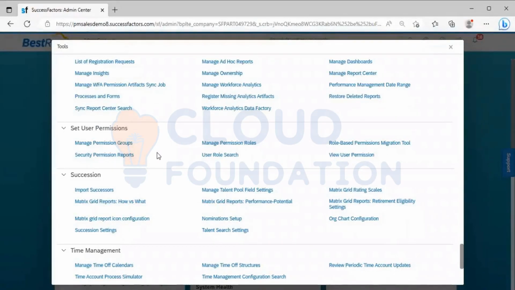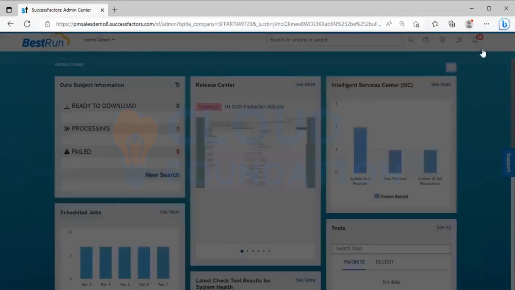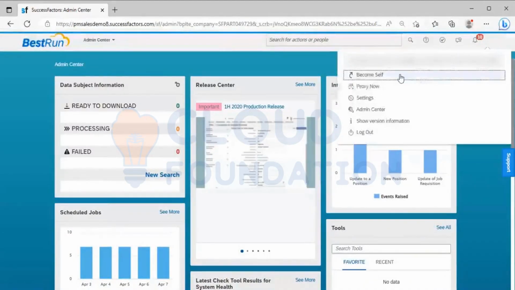In this way, in real time, if you are an admin and if a new member joins you, or if the customer says to give the permissions to this new user, what is the admin permit? RBP permission, so that he is able to access the RBP. In this way, you need to add that user. Got it? In case in the admin center, while proxying to that user, if all these things are showing as blank, nothing is there, then how to add? In this way, we are able to add it. Any questions here? No.